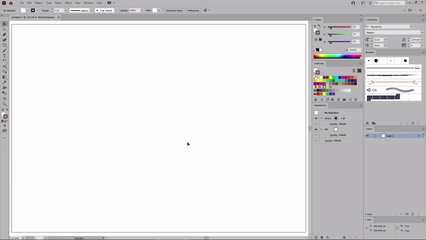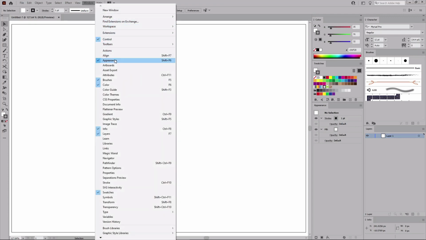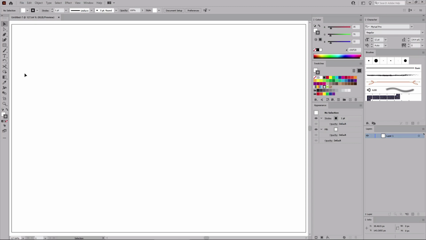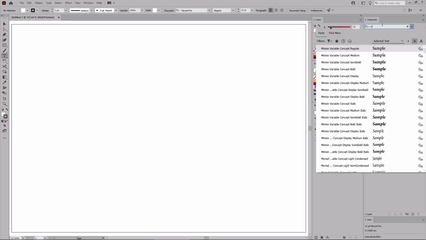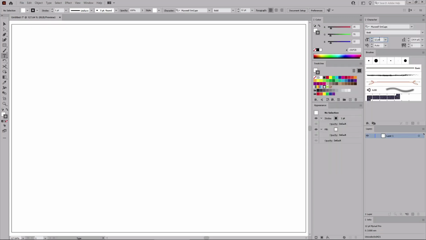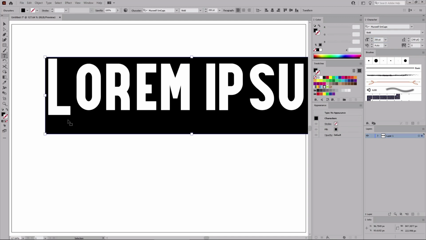And before we start the work on the design, let's open all these panels that will be used throughout this tutorial. Go to Window in the menu bar and open the Appearance panel, the Brushes panel, the Color panel, the Info panel, the Layers panel, and the Swatches panel. Once you're done, you can start your design by selecting the Type tool from your toolbar and focus on the Character panel. Select the Maxwell font, increase the size to 200, and click on your artboard to type in Russia